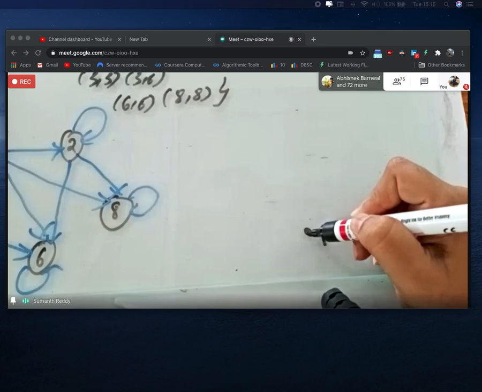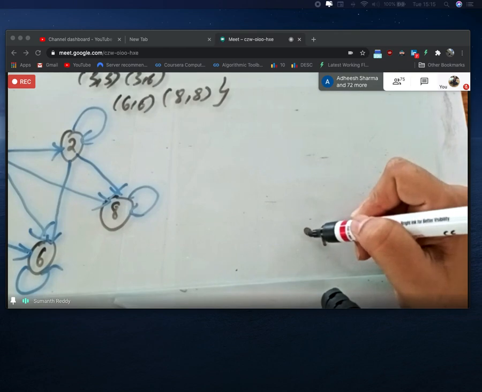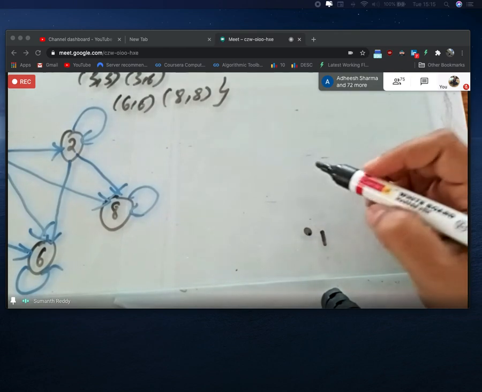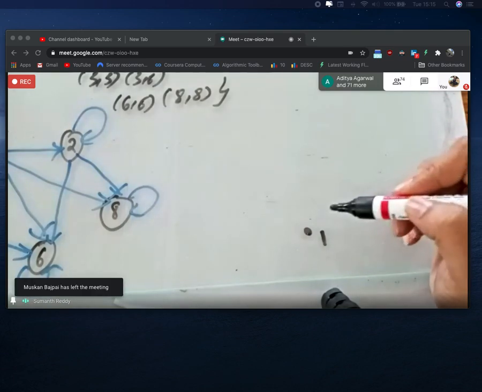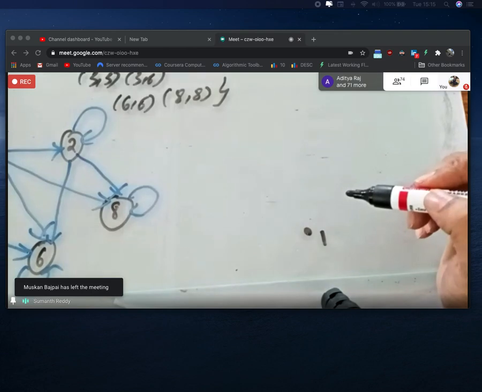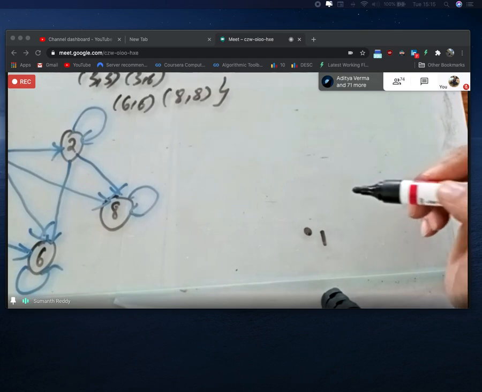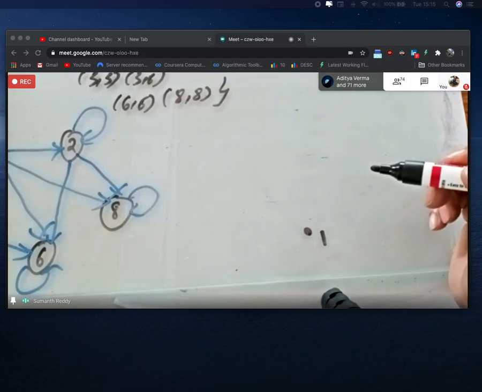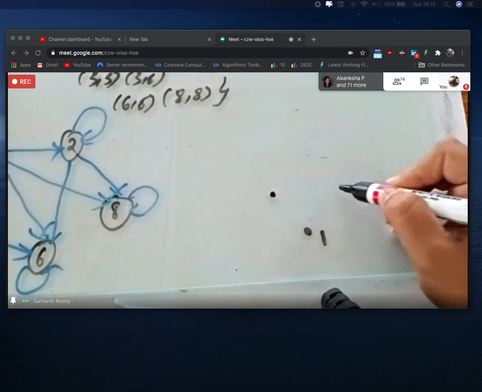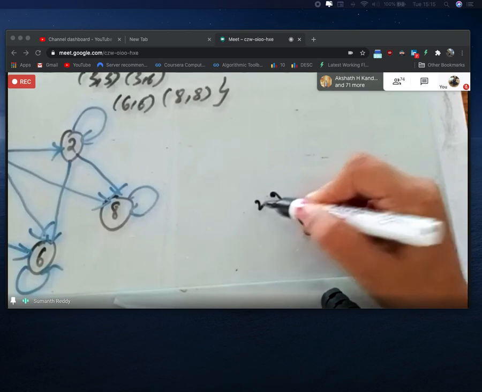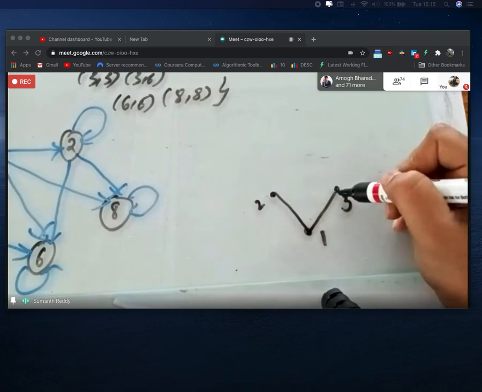Students, this dot is very important because it represents the reflexive relation. If I put a dot here, it indicates (1,1). Next, which are the other elements? 1 is related to 2, 3, 6, 8, all four elements, but when you see 6 and 8, there are other elements related to 6 and 8 besides 1, that is 2 and 3. Which elements are directly related to 1? Only 2 and 3. So I will write 2 here, and 3 here.